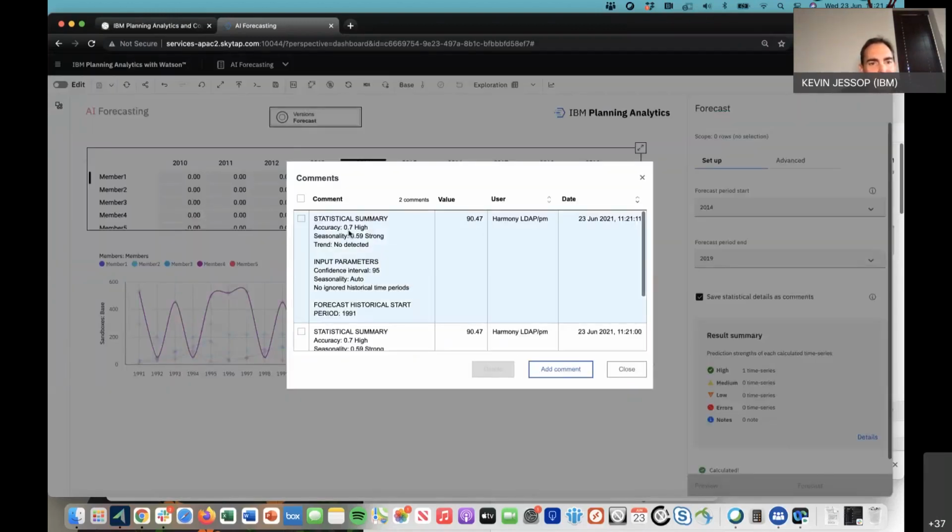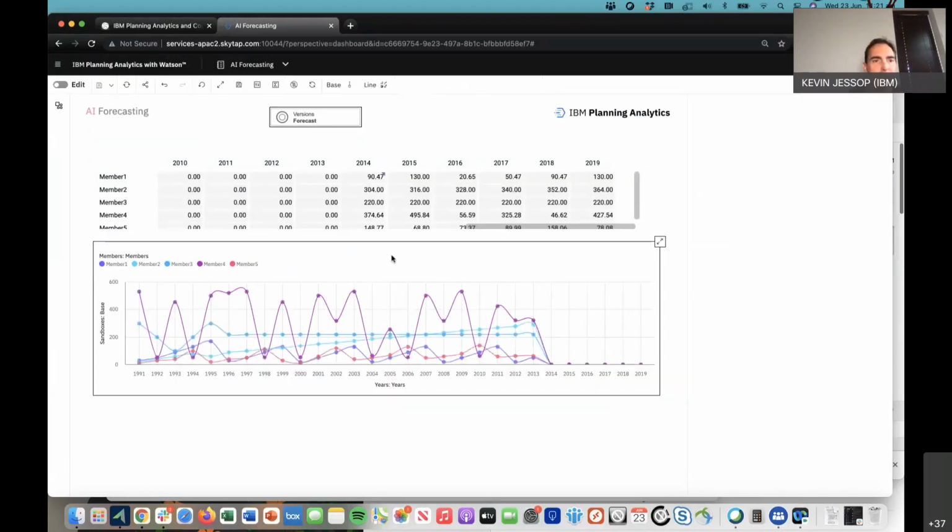So it'll put all the statistical information about the model that was used. The accuracy was high, the seasonality was strong, there was no trend detected, and so forth. So the user knows that information was calculated using a predictive algorithm rather than it was last year's actuals and so forth. And I think if I refresh this chart here quickly,